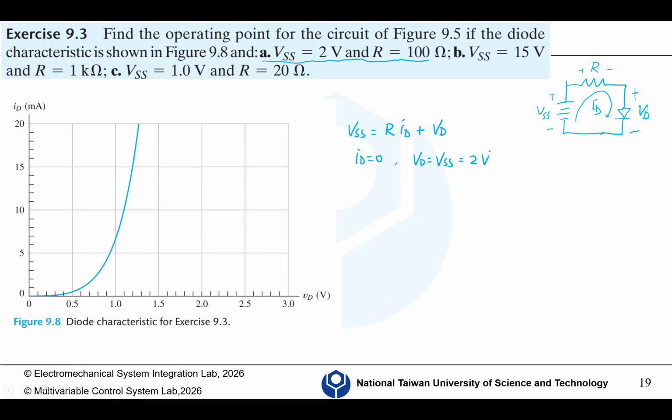For VD equal to 0, ID equals VSS divided by R, which is 2 divided by 100, which is 0.02,